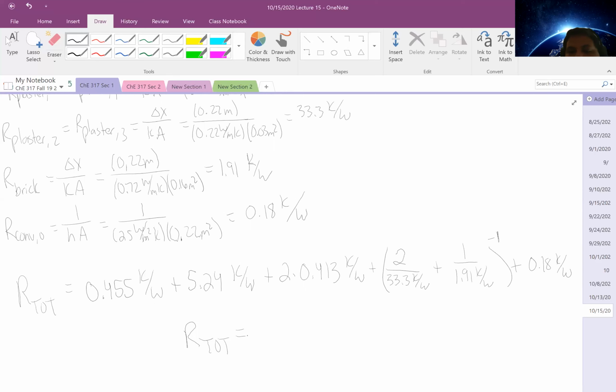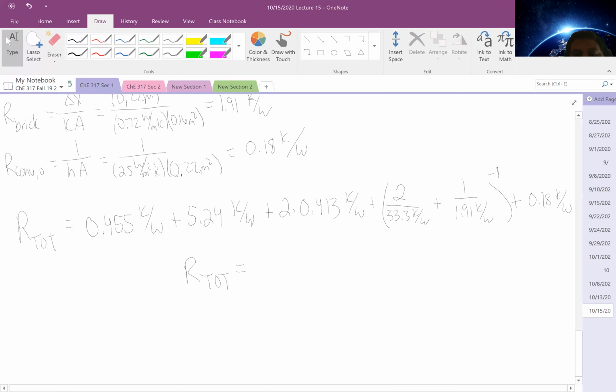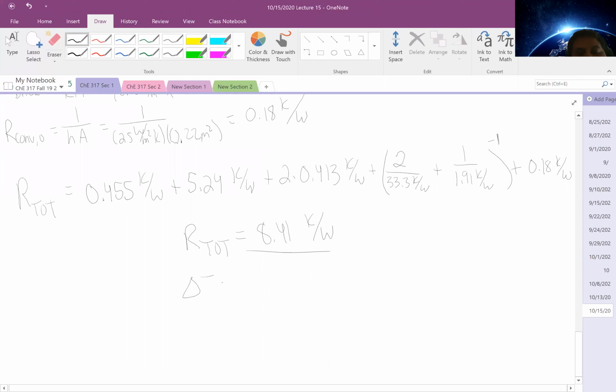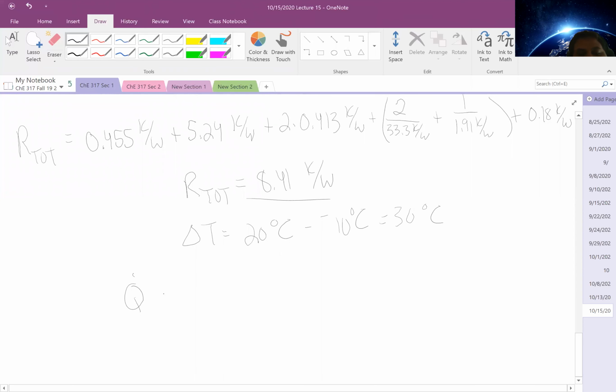Approximately 8.41 for our total resistance. Now with that in mind, I know my delta T is 20 degrees Celsius minus negative 10 degrees Celsius, or 30 degrees, which tells me my heat transfer rate is approximately 30 degrees Celsius divided by 8.41 kelvins per watt, or about 3.57